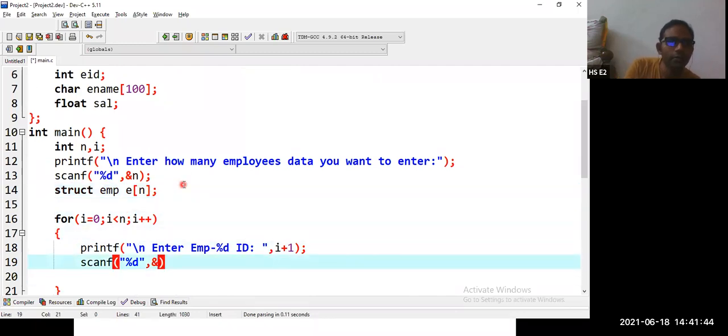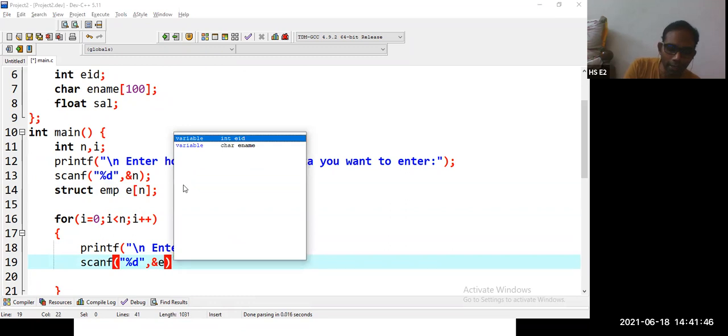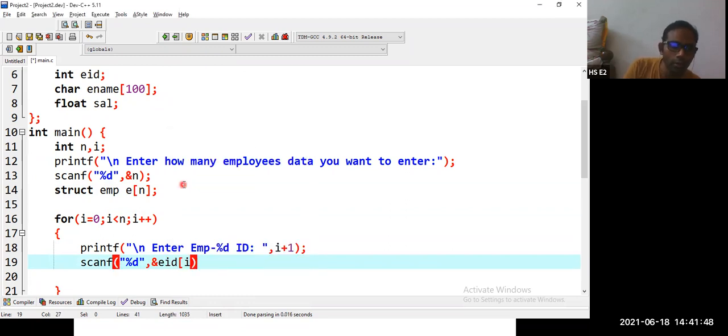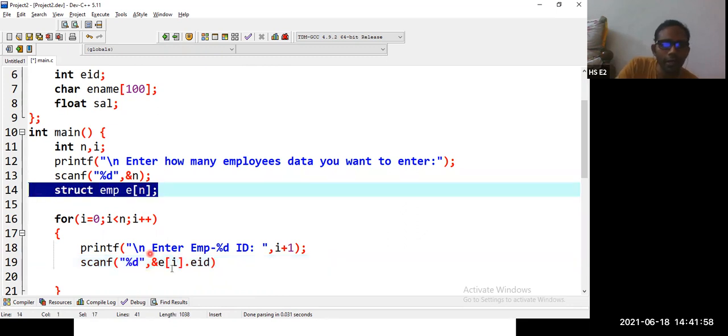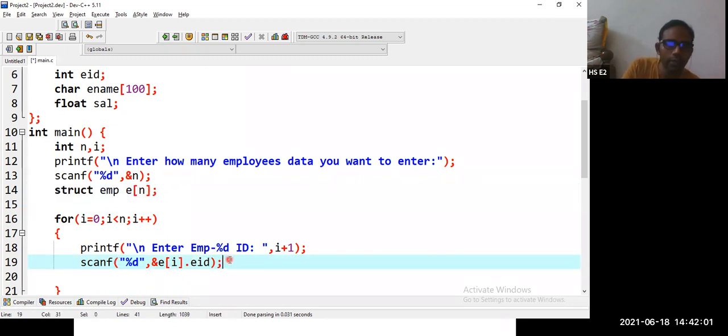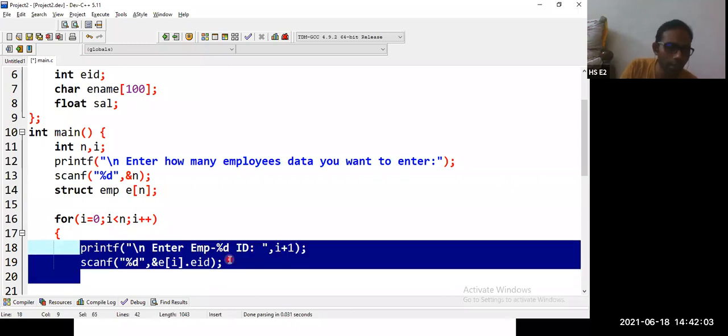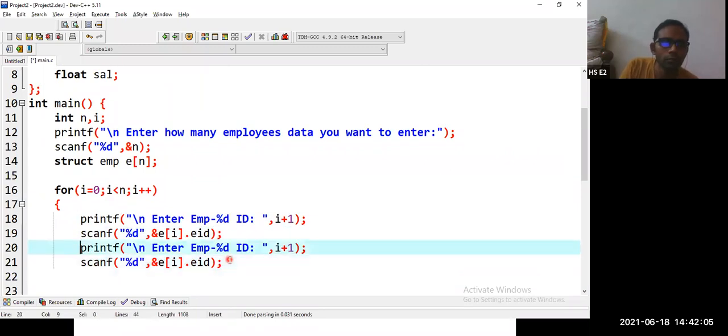So scanf, then we can write e of i dot eid. This is not eid of i, this is e of i, e of i dot eid. Then we want to accept name, enter employee name.